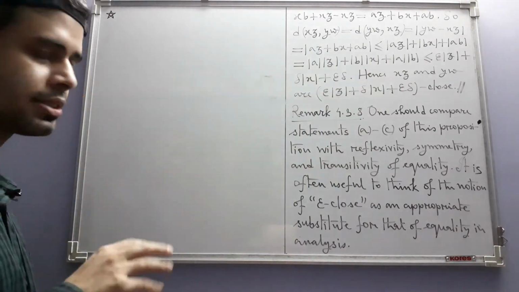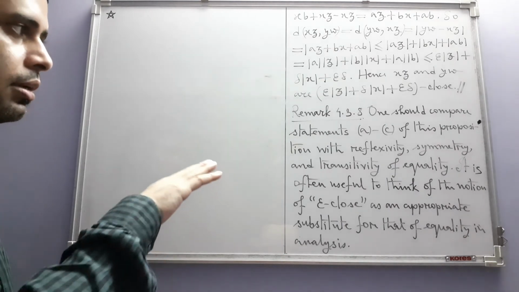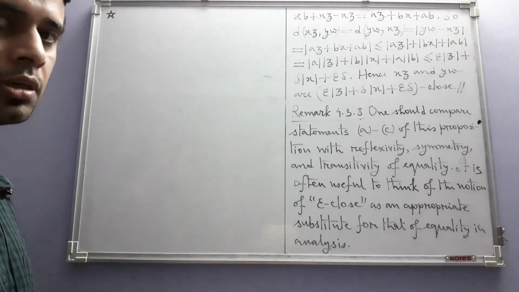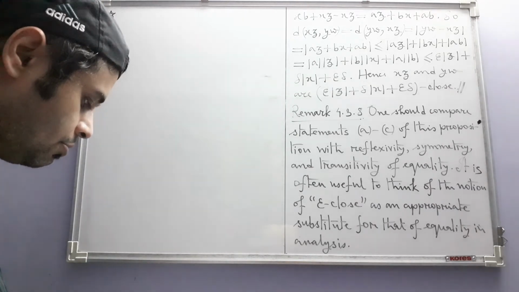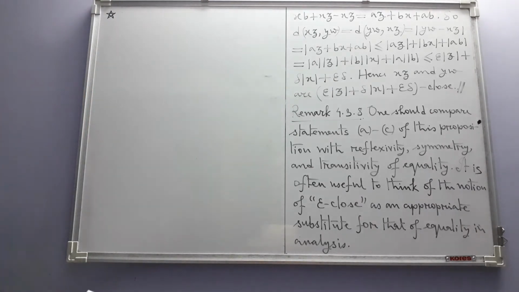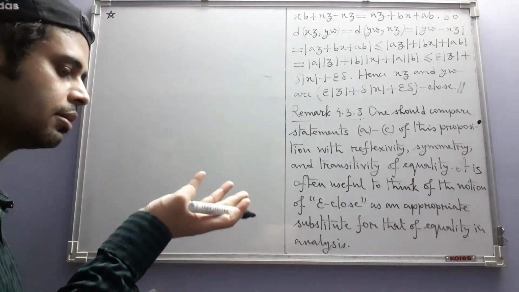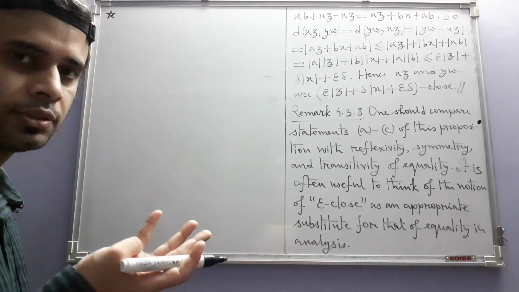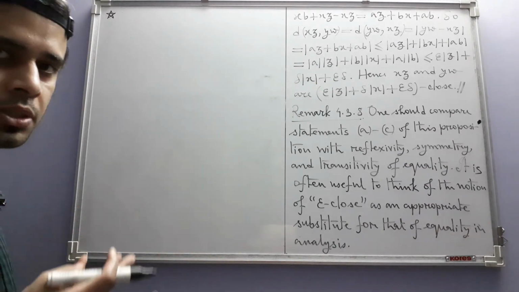This loose sense of equality gives rise to many ideas. It would be premature to discuss them right now. We will do that later. Okay. Now, having seen all these things, that is properties of absolute value, properties of order, basic properties of epsilon closeness,